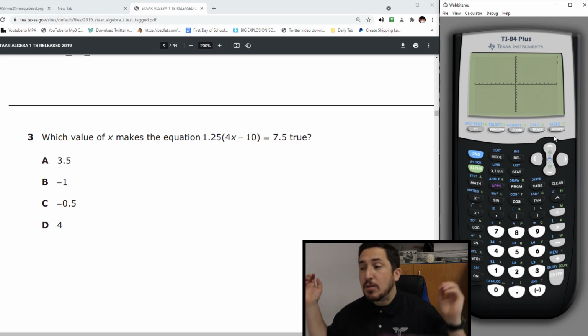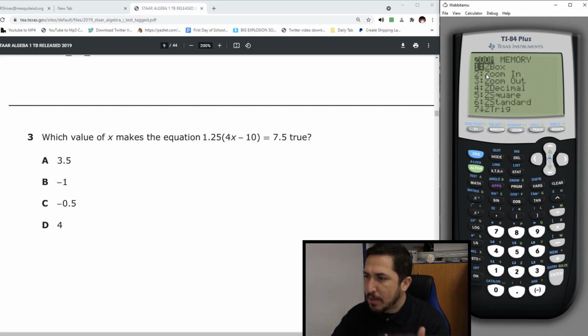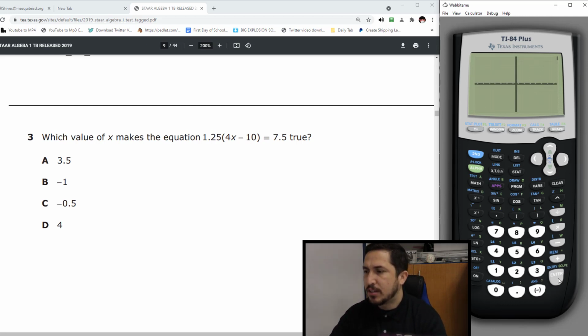Then you hit graph. Now we just got to see where they touch. I hit graph. I see one line. I don't see another line. You have to zoom out until you see the other line, and you have to see them touching each other. So to zoom out, you hit zoom, 3, enter. Let's see. There's one line. By the way, if you hit enter while it's going, you will actually pause the graph, and you see these 4 dots right here?